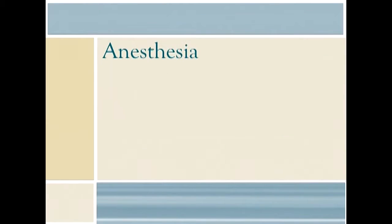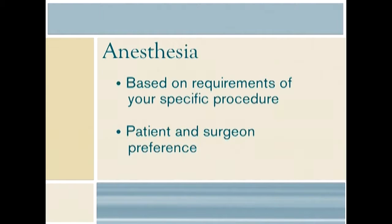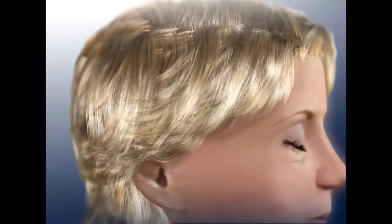A facelift may be performed in an accredited office-based surgical facility, an accredited ambulatory surgical facility, or hospital. The decision for anesthesia will be based on the requirements of your specific procedure and considerations of patient and surgeon preference. A facelift procedure begins with an incision on either side of the face, just inside the hairline at the